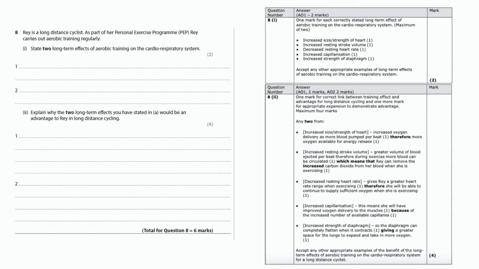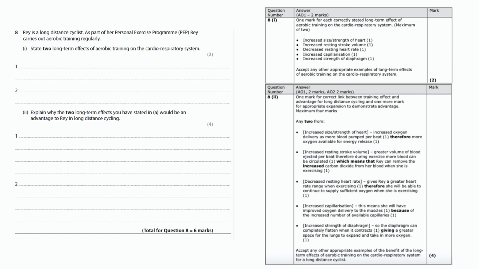Second part of the question, you've got to explain why these 2 long-term effects you have stated in A would be an advantage to Ray in long-distance cycling. So the first one I said was an increase in maximum cardiac output. Now, the benefit there for a long-distance cyclist would be that more blood could be pumped out per minute. Therefore, the muscles receiving more oxygen for energy would enable her to keep cycling for a longer period of time